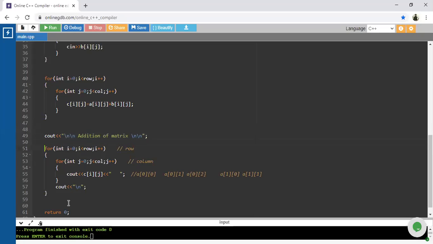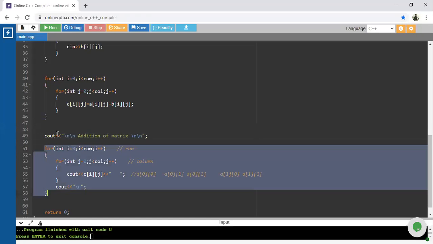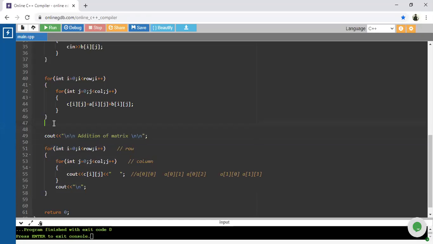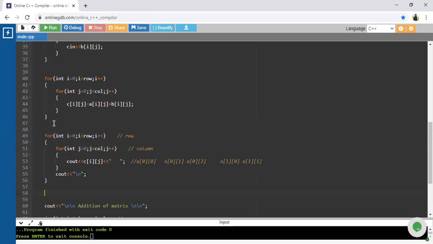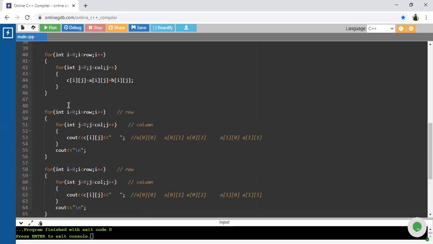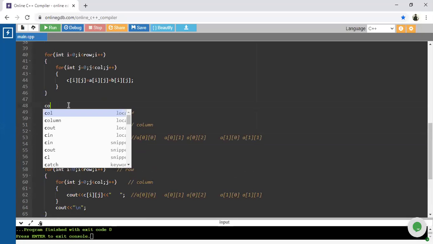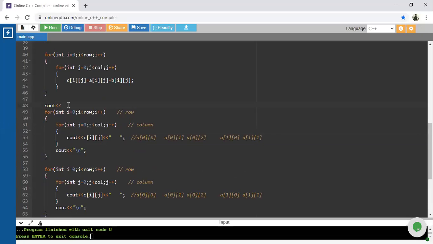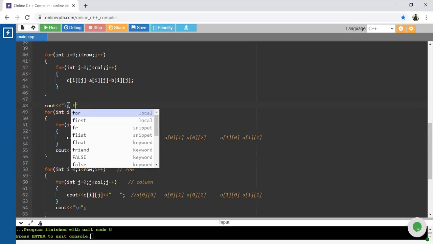Suppose we want to display all the matrices. So here, just try to display both matrices. So first cout is for the first matrix.